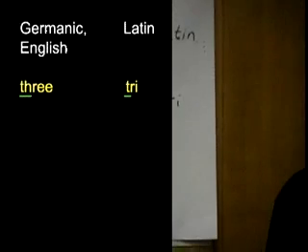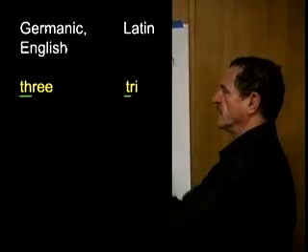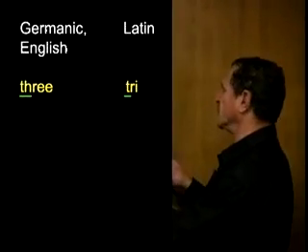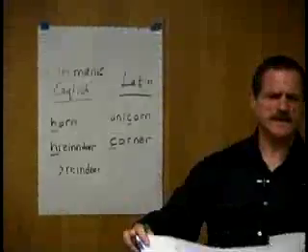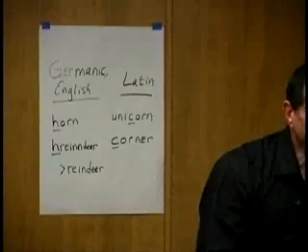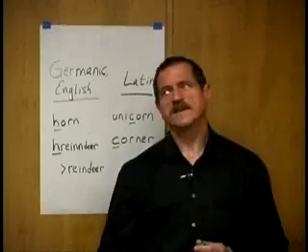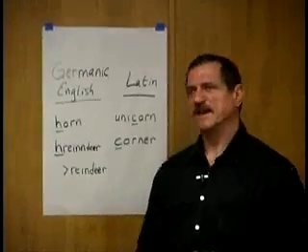Also happens in Greek trigonometry, and correspondingly we have TH in Germanic. So we've seen D in Latin corresponding to T in Germanic, T in Latin corresponding to TH in Germanic, and one last set of examples I'll give is